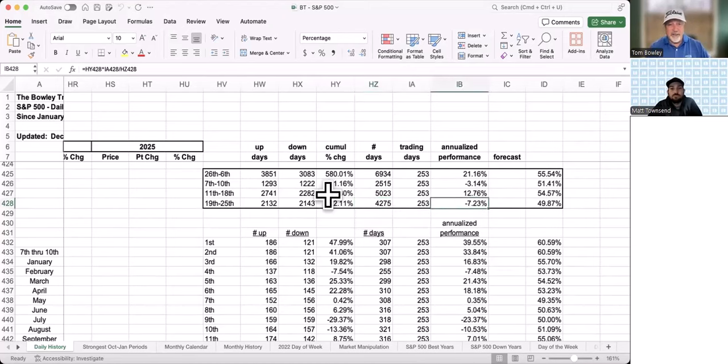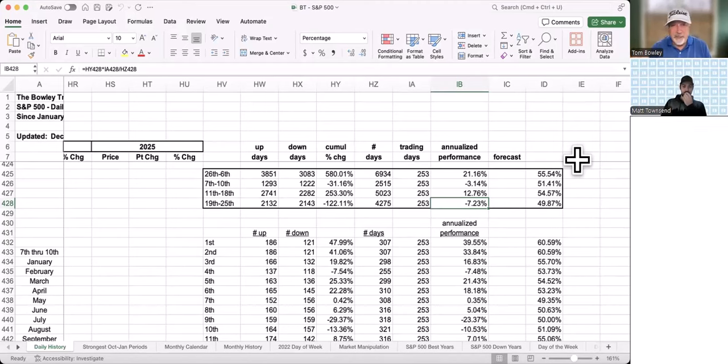So worse than that 7th to 10th period, if I told you that the 19th to the 25th, if I told you were going to have 17 years of the S&P 500 going down an average of 7% per year, how excited would you be to invest over the next 17 years? Probably not very excited. Well, that change right there, that average performance, in my opinion, based on everything I've seen, I believe that relates